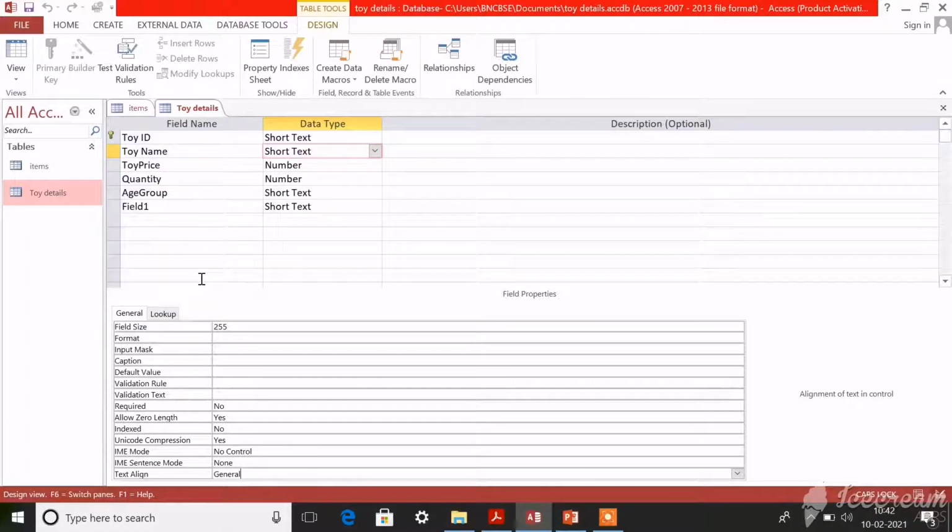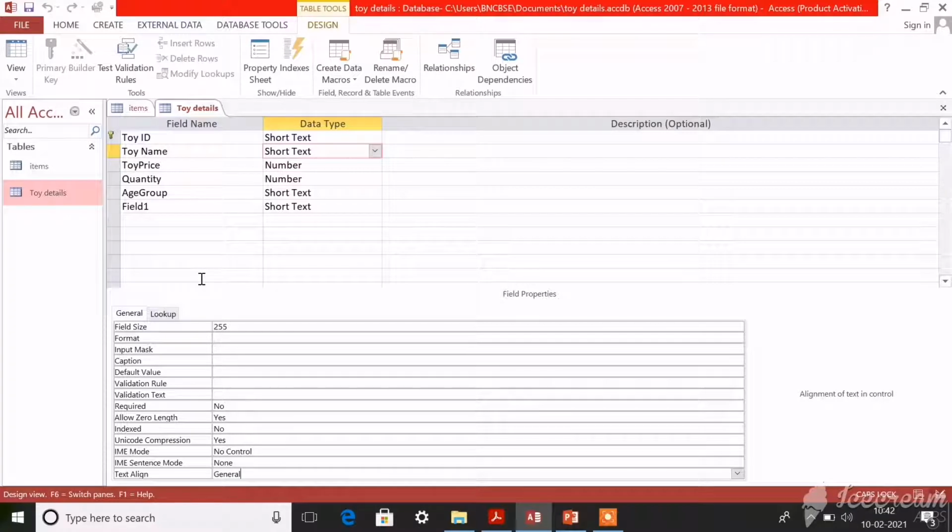Okay, so for example, the number and currency format is there. You can choose from 7 predefined formats. There are 7 predefined formats in number and currency format alone. They are general number, currency, euro, fixed, standard, percent and scientific. And you can also create custom formats. We'll discuss all these properties.